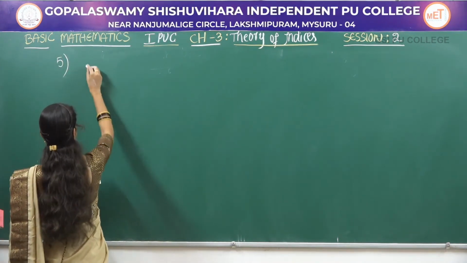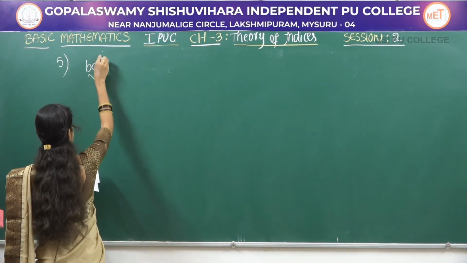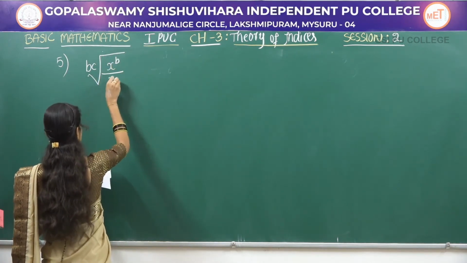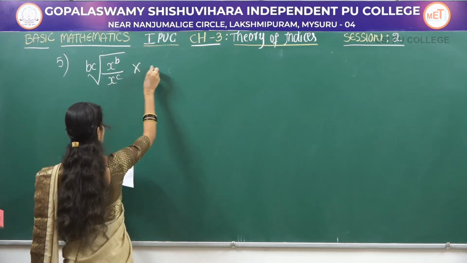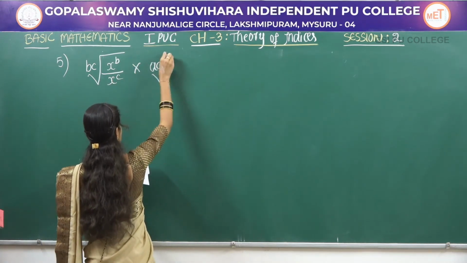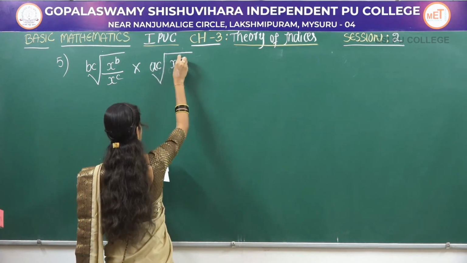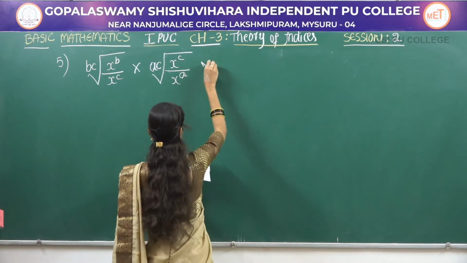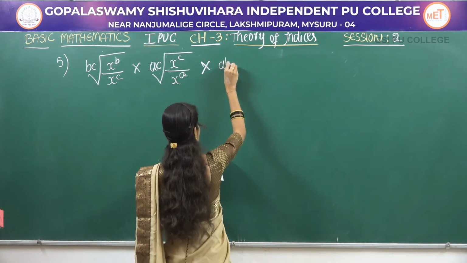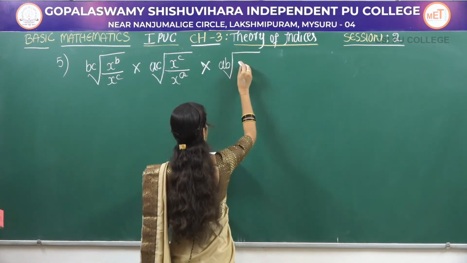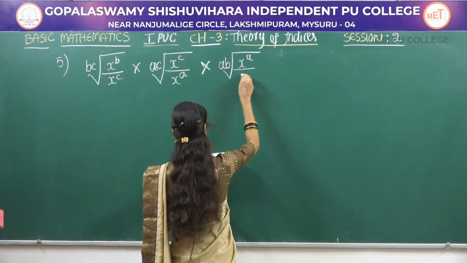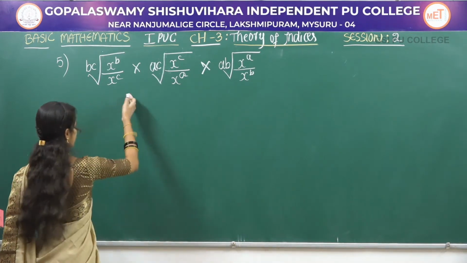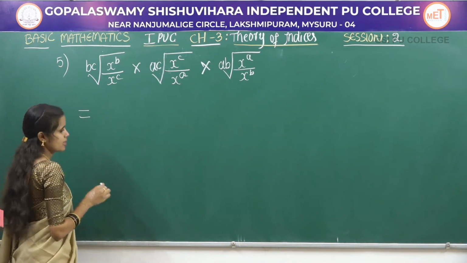Next problem, fifth one. The b-th root of x to the power of b divided by x to the power of c, into the c-th root of x to the power of c divided by x to the power of a, into the a-th root of x to the power of a divided by x to the power of b. Simplify this problem. Okay, now here we know that